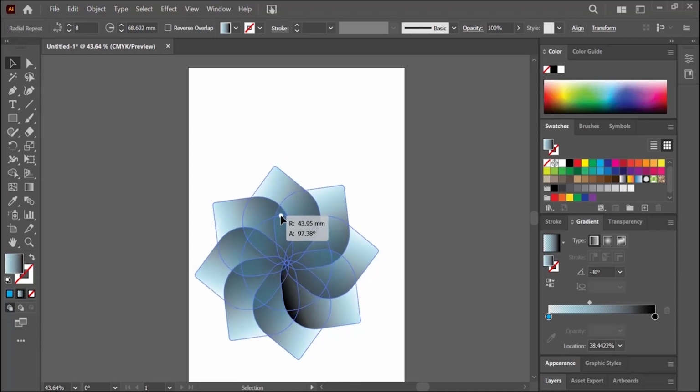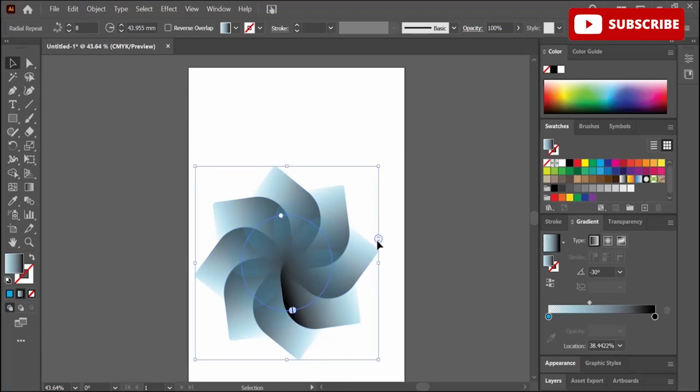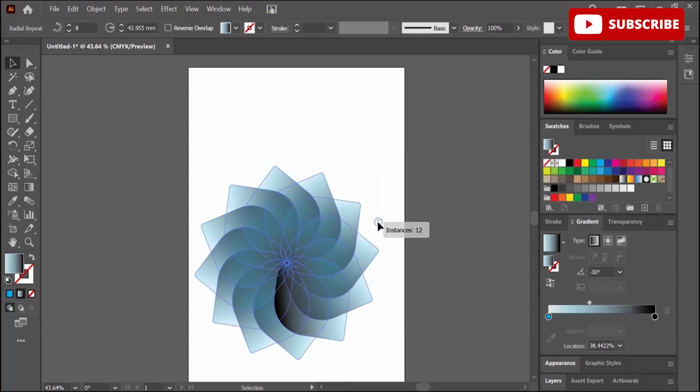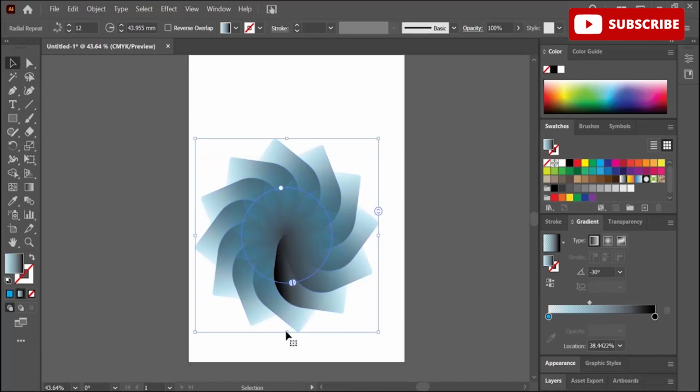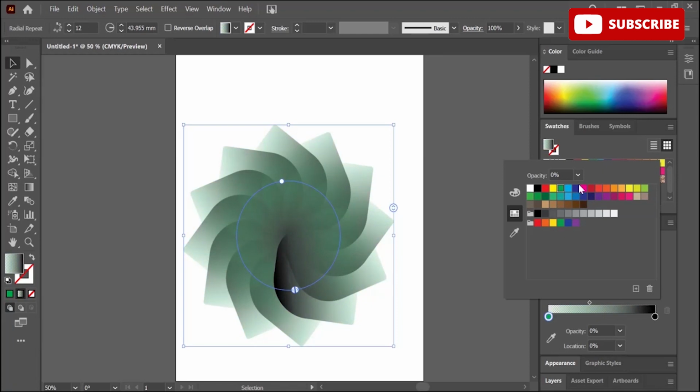So it's done now. You have learned how to create a flower in Adobe Illustrator, and you can apply multiple colors to the gradient and increase the number of petals. So use it